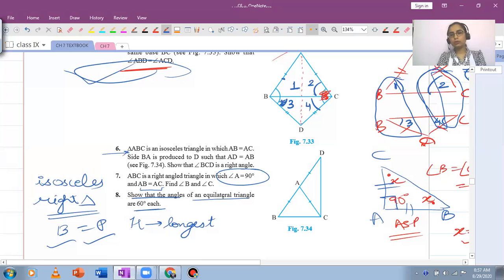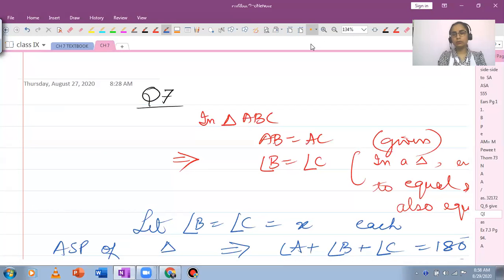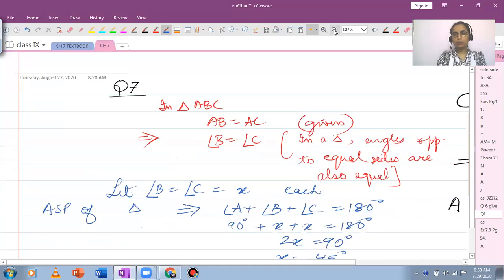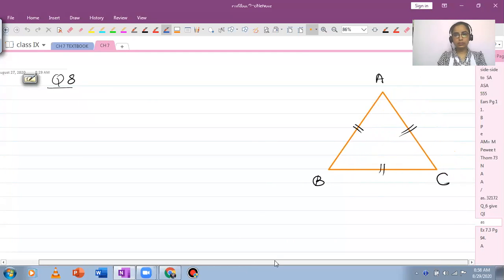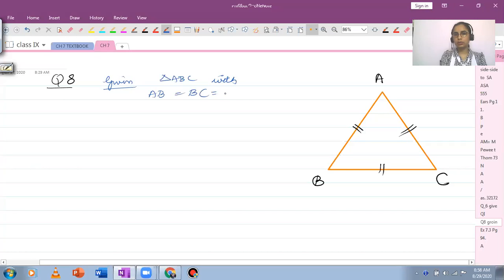The result that we know about now, equilateral triangle means all three sides are equal, but the result that we have is for two sides. So we are going to use the same theorem in pairs for the triangle. We will be starting with an equilateral triangle, and we're going to consider two pairs of equal sides. So let's just assume this is the equilateral triangle that you have. We are given that triangle ABC, either you can write down ABC is equilateral, or you can write that we have a triangle ABC in which the three sides are equal. So I'm writing AB equals BC equals AC.